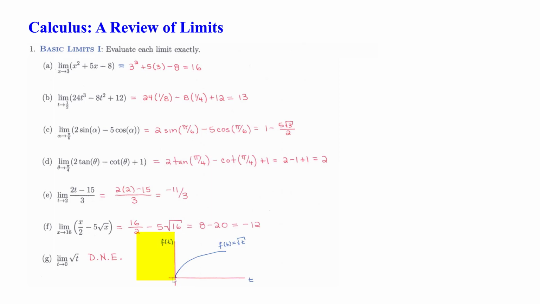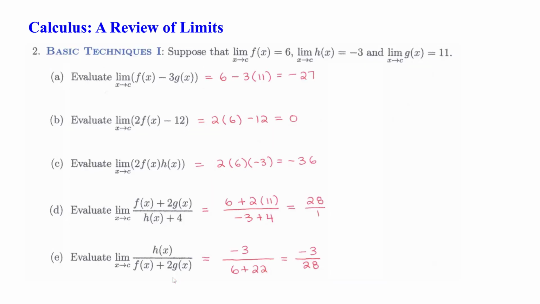That means there are no values on that side, the left of 0. Therefore, the limit could not exist because the limit from the left would not be the limit from the right. Now, abstract basic techniques. So we have 3 functions, f, g, and h, each of which at the value of